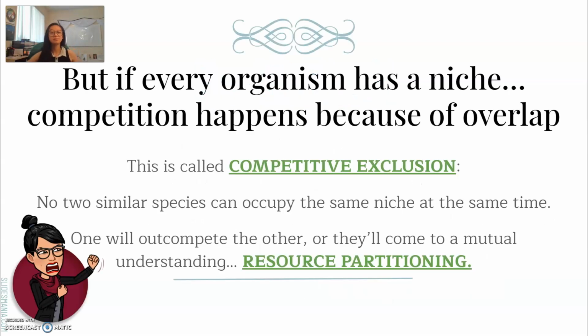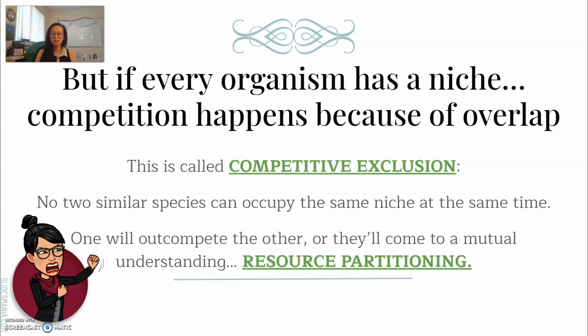So here's the problem. In theater, we have a director who assigns us all roles, right? And so we don't have like 5 of the same character. But in real life, in nature, we don't have that. So there are potential overlaps that happen with these organisms' niches, right? And so what happens is this thing called competitive exclusion.